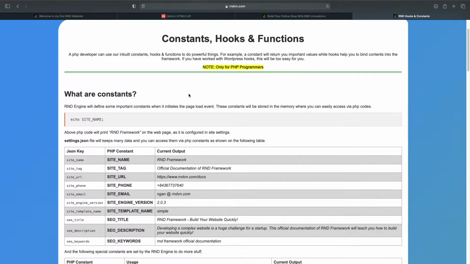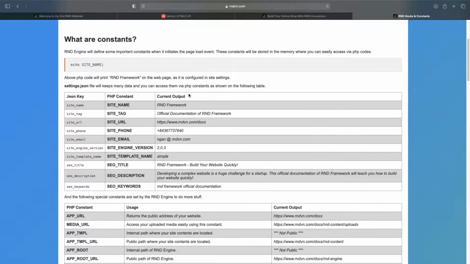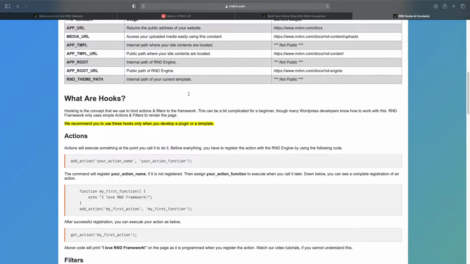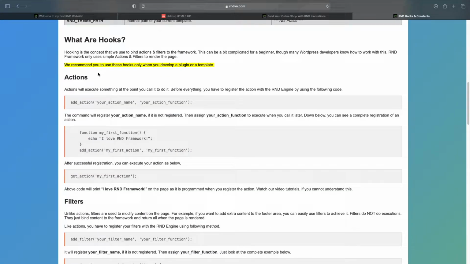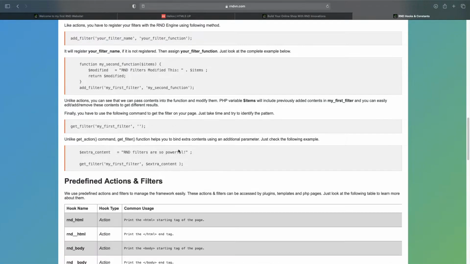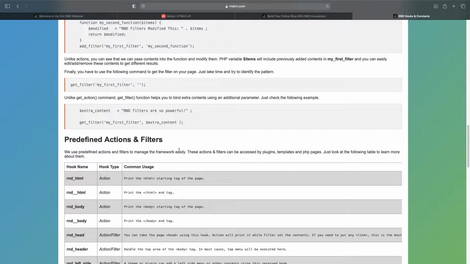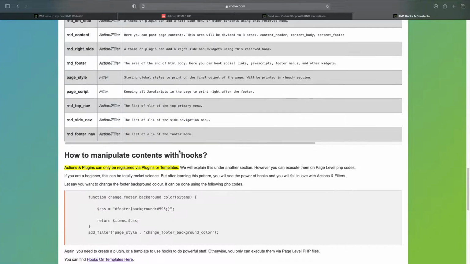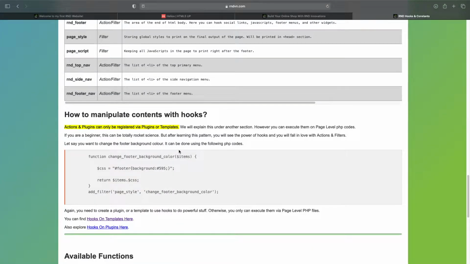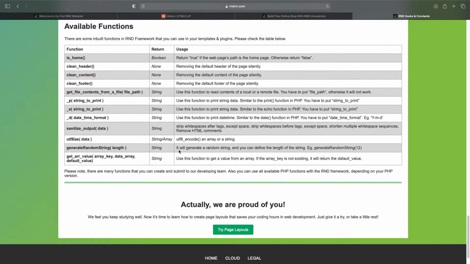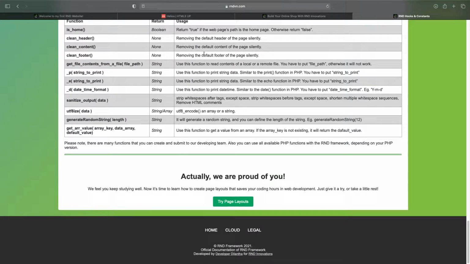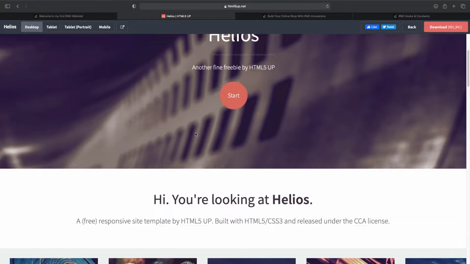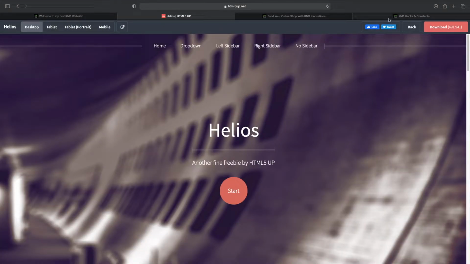And actually designing a new template in the RND framework is quite difficult. You have to know hooks like actions and filters. If you are a WordPress developer or similar developer, I think you already know these actions and filters. But if you are a beginner, you will have to learn this stuff carefully. If you want, I will create a separate video to explain these hooks. But in this video, I'm going directly to convert